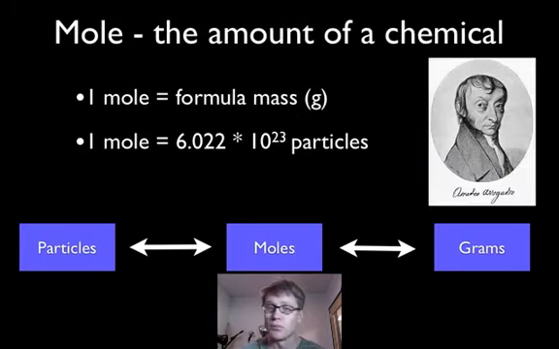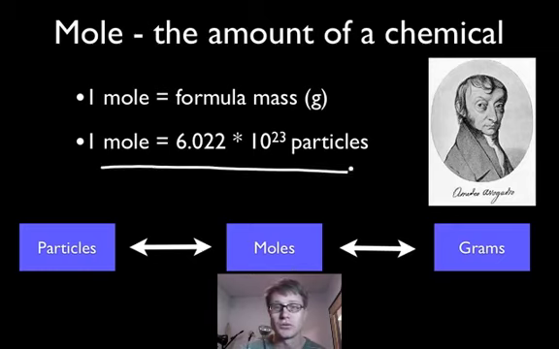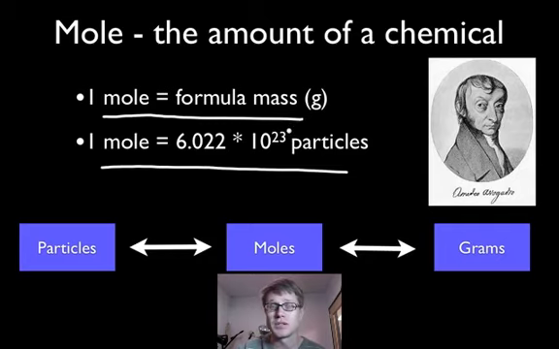So what is a mole? A mole is simply a number, 6.022 times 10 to the 23rd particles. The other thing that you need to know is how much a mole actually weighs. To figure out the mass, just like we said 1 dozen eggs weighs 24 ounces, 1 mole always weighs the